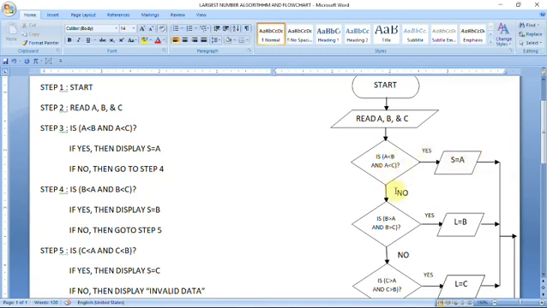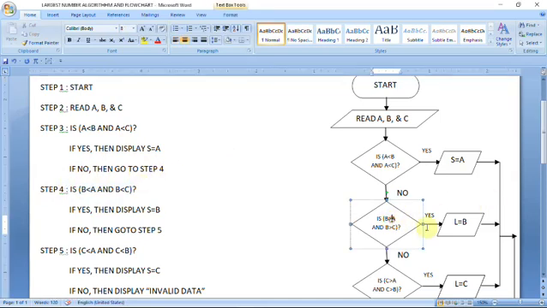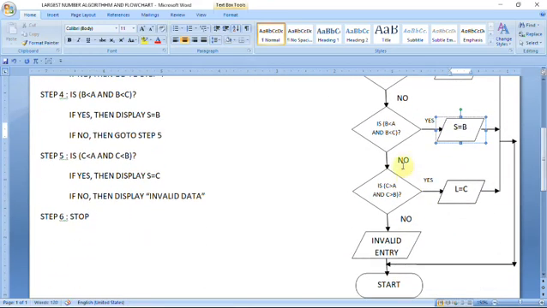If this condition is not true, then go to step 4. In step 4 we have to give another condition, b less than c. Now if this condition is true, then s equal to b, smallest number equal to b. If no, again because we have 3 numbers, we have to supply our condition.